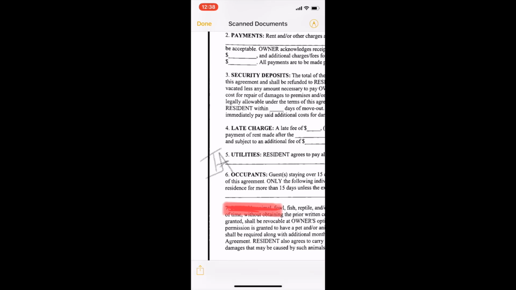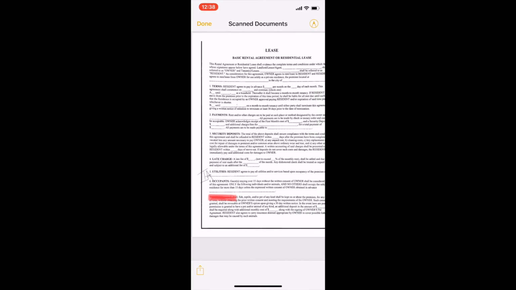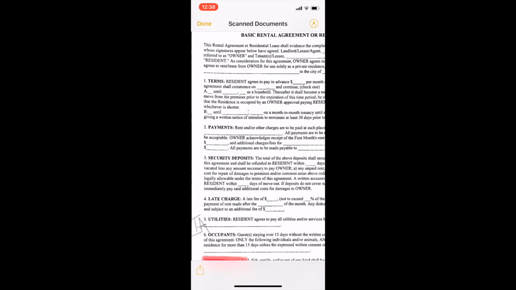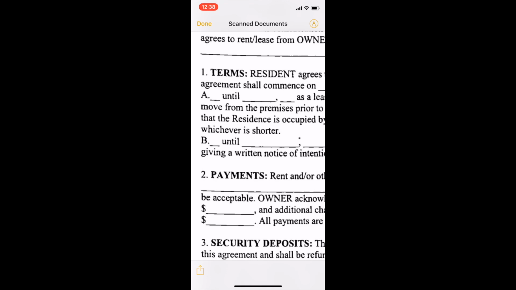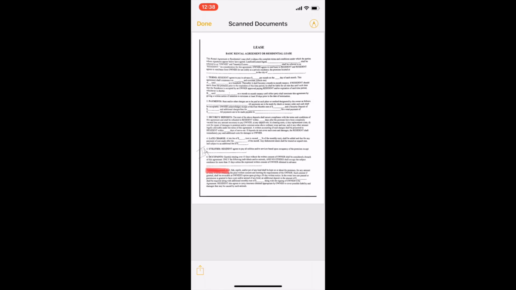So we have the markup options, which is great. So if you want to mark up the document and then send it back to whoever sent it to you, you don't have to print it. You don't have to do any of that stuff. And if you can zoom in and you can write pretty well with your finger, or if you have one of those touch pens, it would be great to use. So that's document scanning in iOS 11, and hopefully